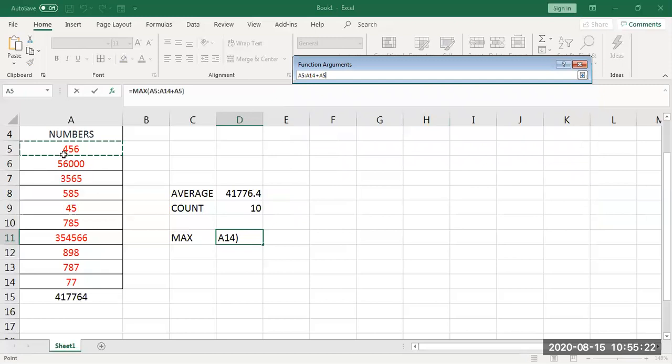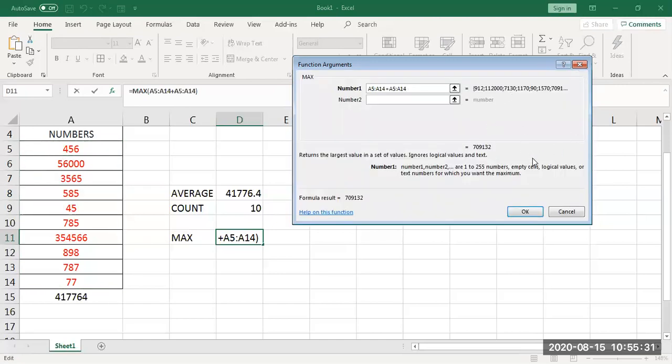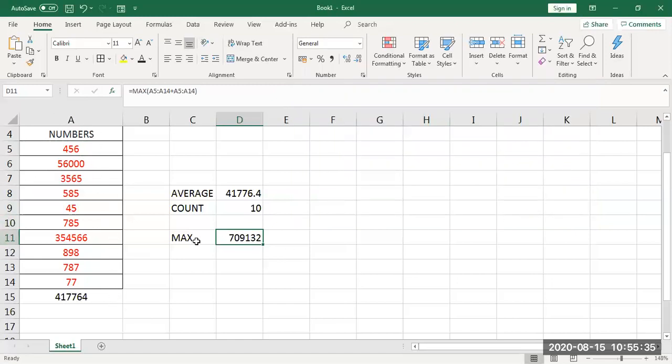You use the mouse and select and show. The system will take it, and then click that same arrow key once again. This window will become big. Then click OK. Whichever number was the maximum will be displayed.